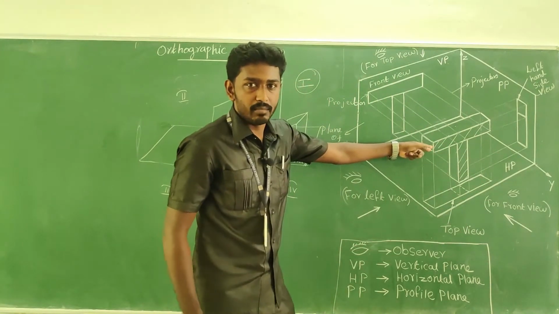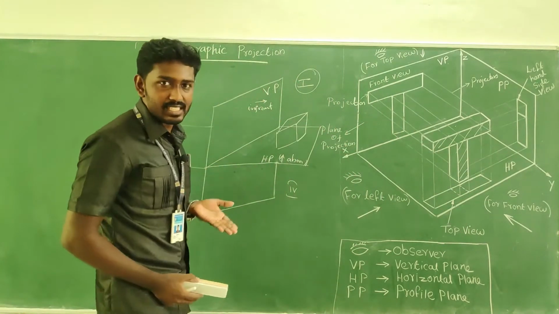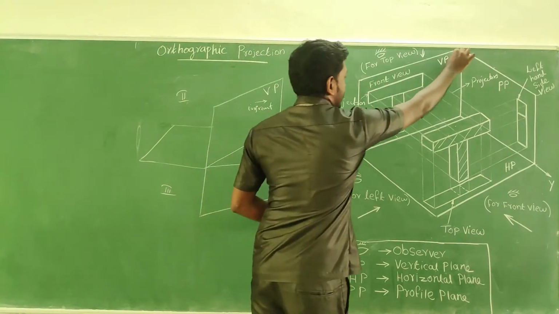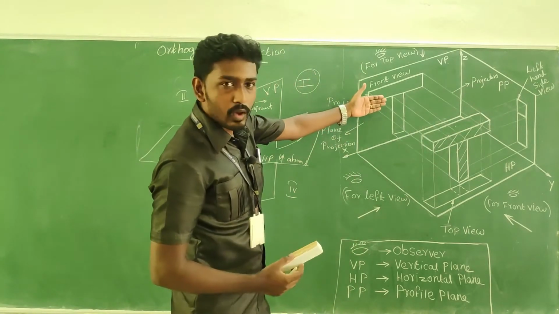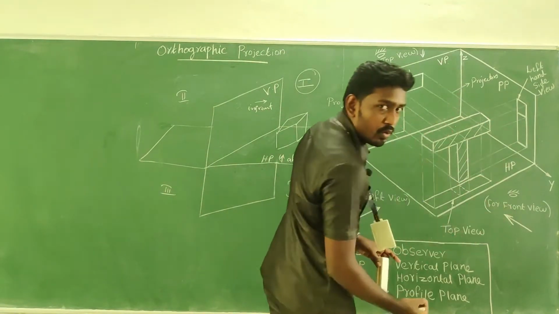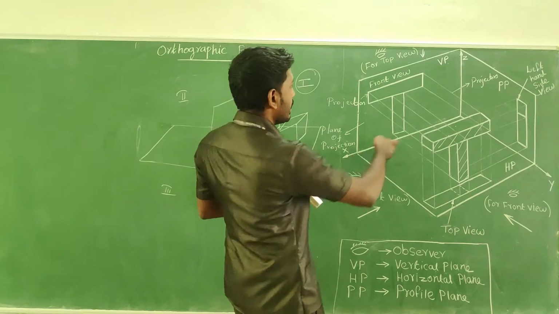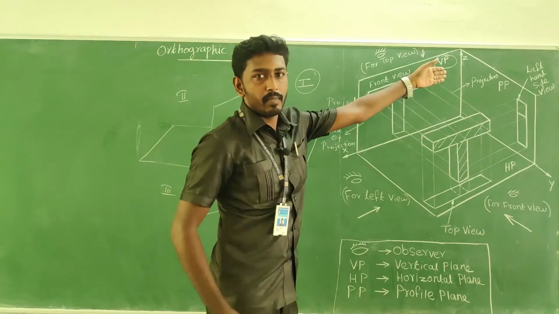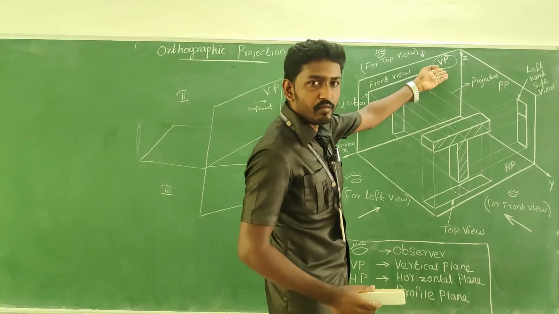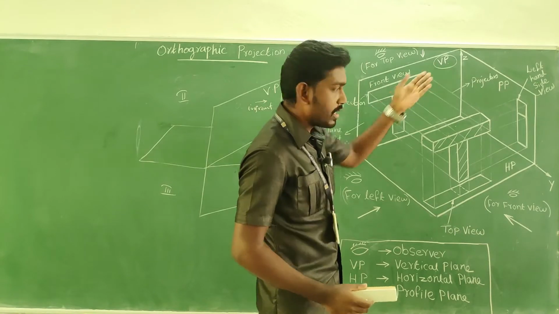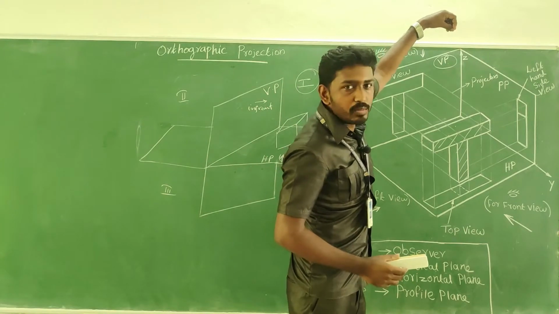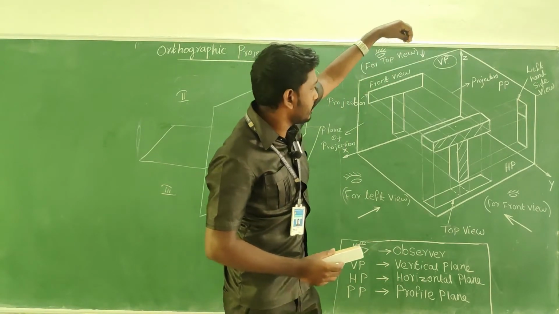As far as this projection is concerned, the image will be thrown over the plane which is perpendicular to it, right? The object which is seen in the view will be thrown over a plane called VP. So the front view image is captured on VP. And if I want to get the top view, so that I can see the object from the top, here is the observer position like this.